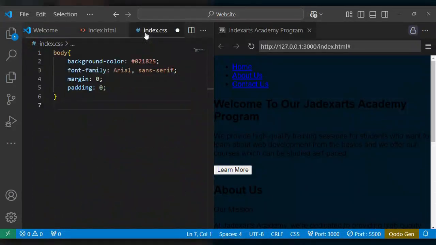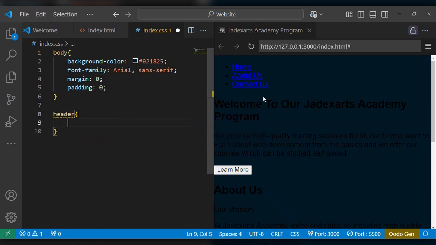Please do not style header, then footer, then navigation. Make sure to style it exactly the way you wrote it in your HTML. For example, we style the body. The next thing we're going to style is the header, and then we'll start by styling the background color, which